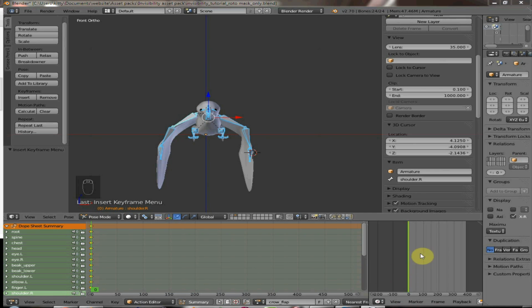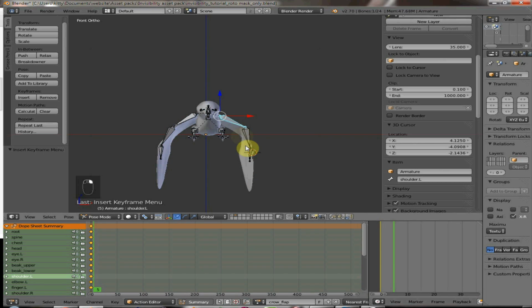So if we go to our timeline, I'm just scrolling a little bit. There we go. If we go to frame 5,